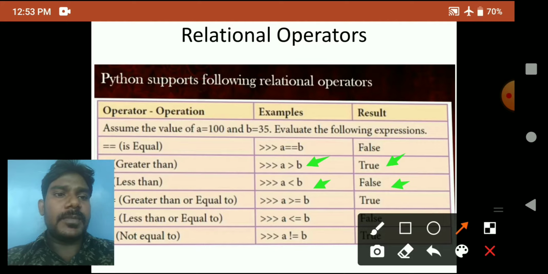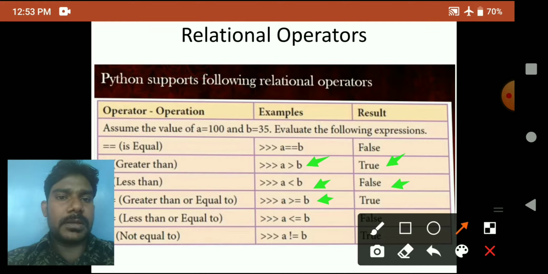Next one, a greater than or equal to b. We apply the values: 100 greater than or equal to 35.